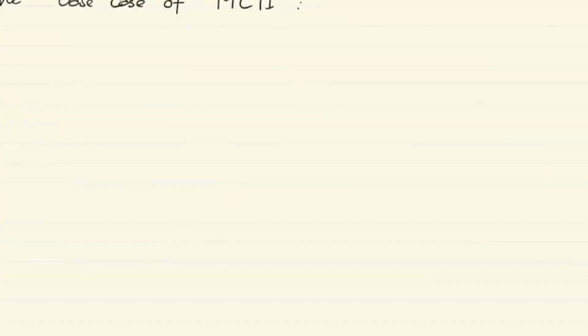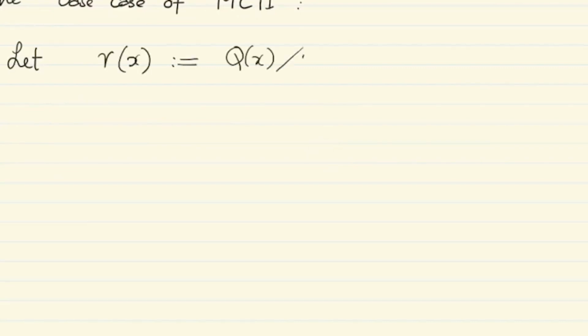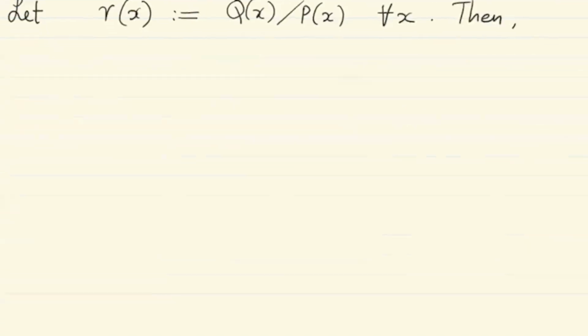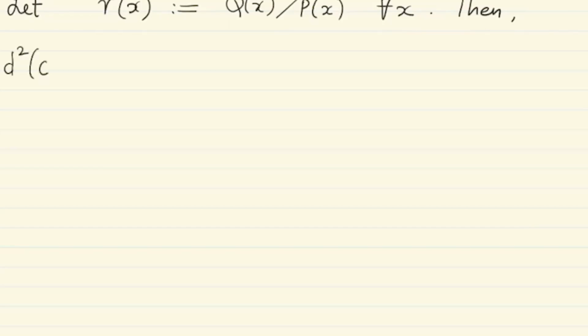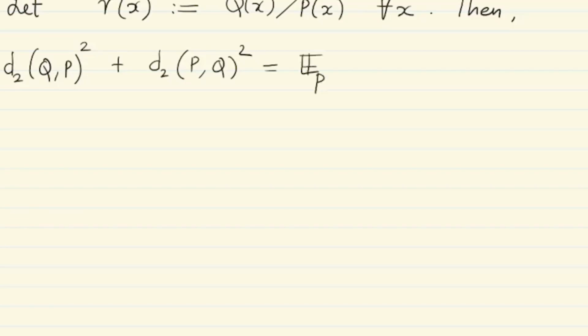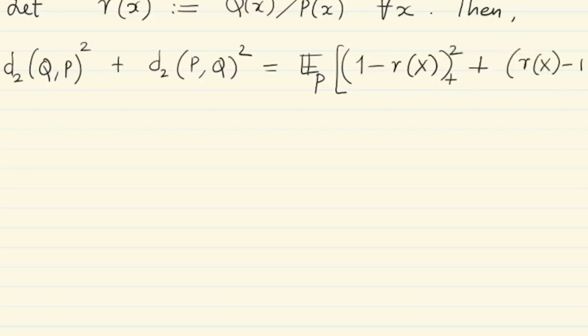Okay, so let's define again the Radon-Nikodym derivative between q and p as r. Let r(x), for every discrete outcome x, be defined as the ratio q(x) by p(x) for all x. Then we can write this equality that says that d2(q,p) squared plus d2(p,q) squared is nothing but the expected value under the p measure of this quantity, (1 minus r(x))_+ squared plus (r(x) minus 1)_+ squared divided by r(x). This is easy to check,